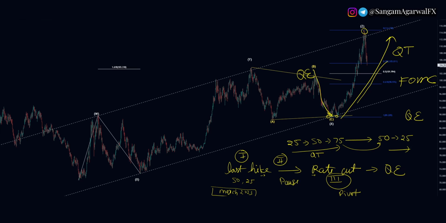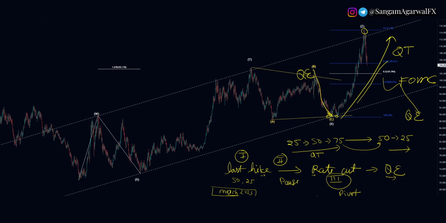because the Fed will make clear whether the interest rate will go to 7% or 5%, because 7 means the CPI number, 5 means the PCE number. Until March 2023, CPI can come to 6% and PCE can come to 4%. So the maximum interest rate can go from 5 to 6%. Then in the final stage, when the Fed starts QE, the dollar will drop very hard. That will be an extreme bearish trend for the dollar.